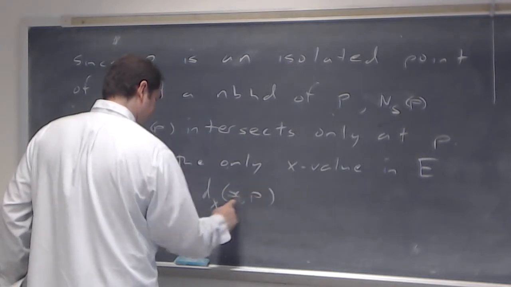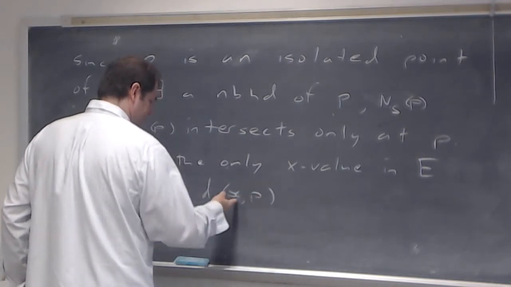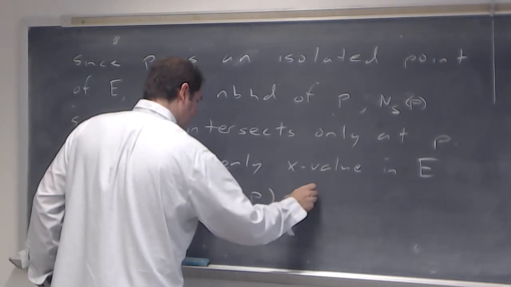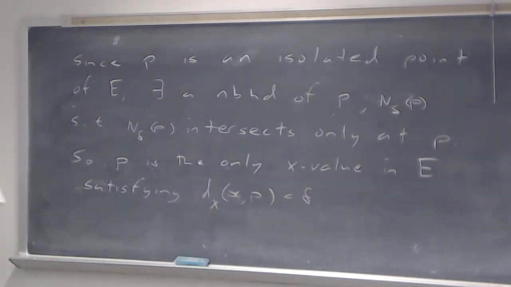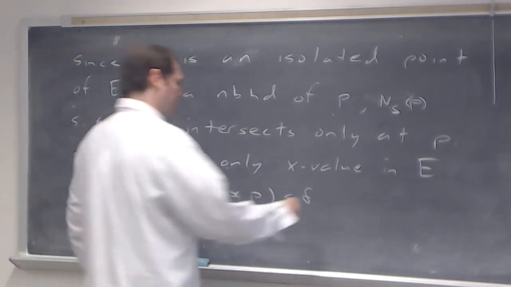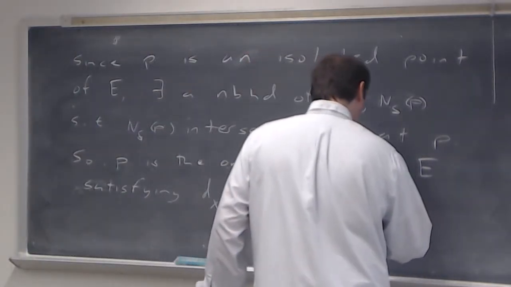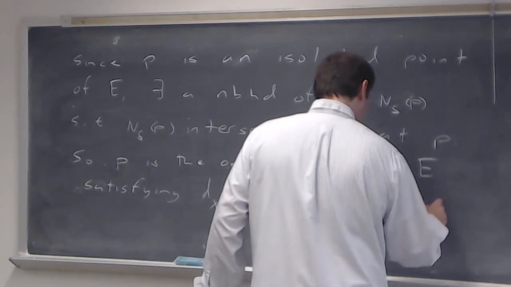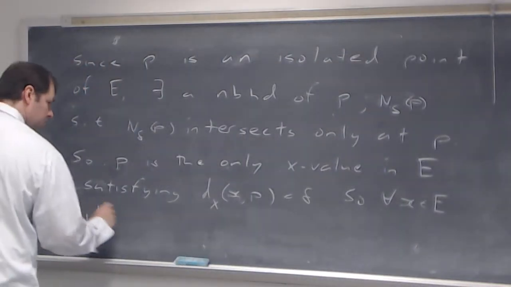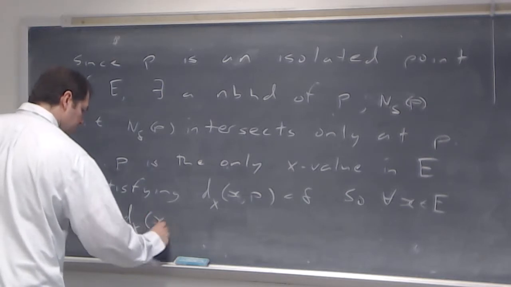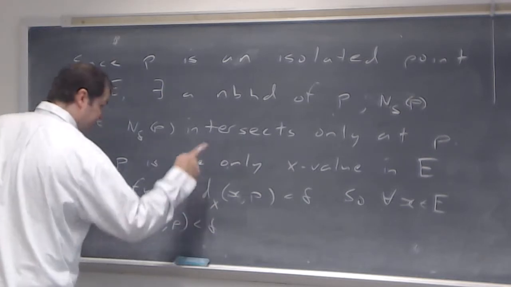So, for all x an element of E with its distance from P being less than this particular delta, then